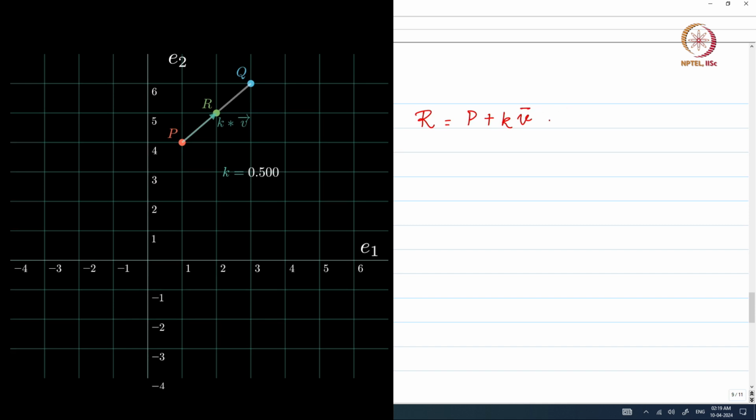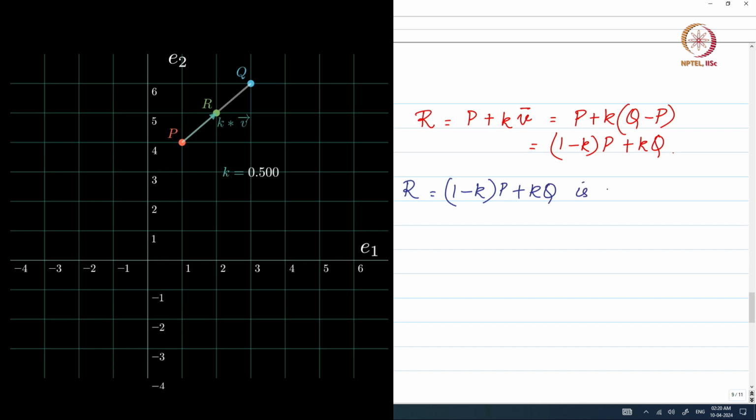I can write this as P plus k times Q minus P, which is nothing but 1 minus k times P plus k times Q, right. So, we are going to make a nice interesting inference out here, and what is the inference? We say that this point R, which is given by 1 minus k times P plus k Q,